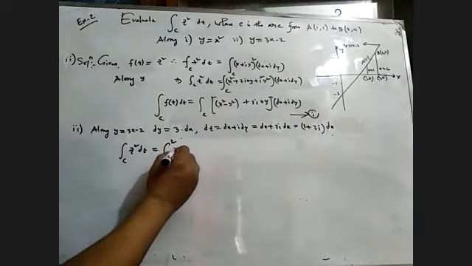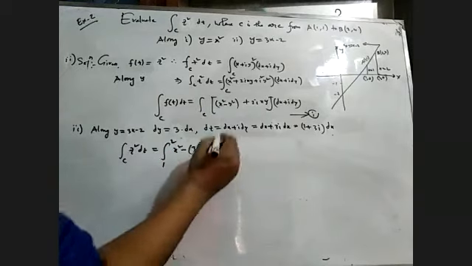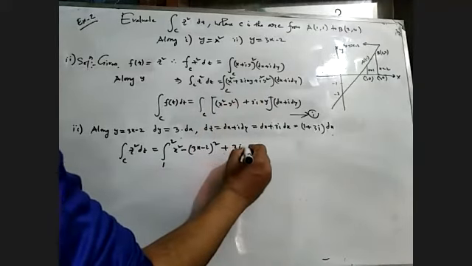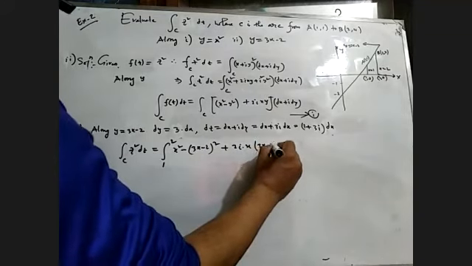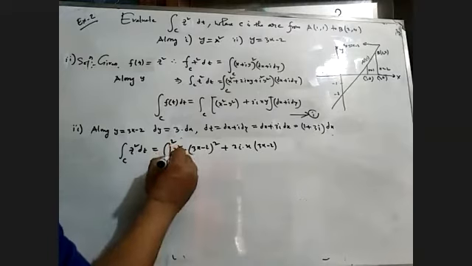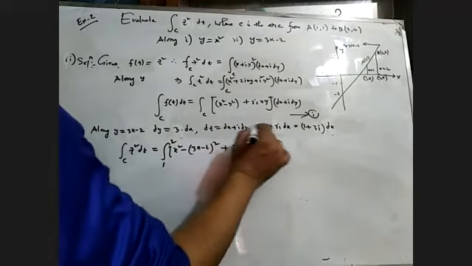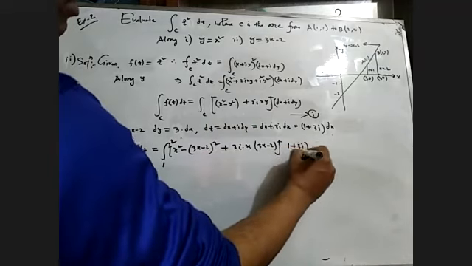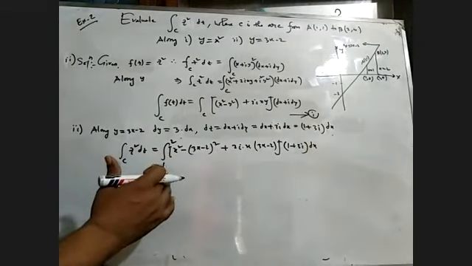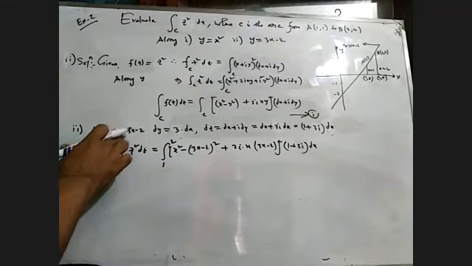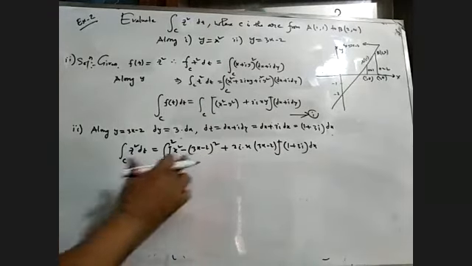Now x square minus y means thrice x minus 2 whole square here, plus twice i x y, where y equals thrice x minus 2, in brackets, and dx plus dy equals 1 plus thrice i dx. So all variables become x, just because we have put y equals thrice x minus 2. Now this is a simple integration.